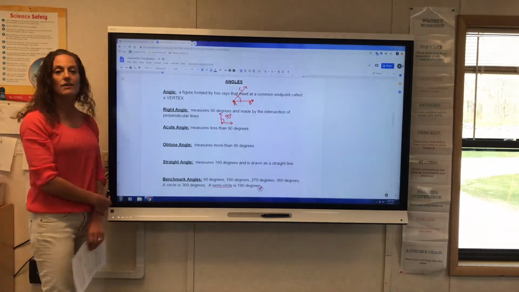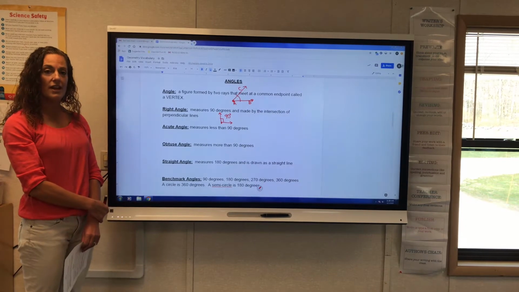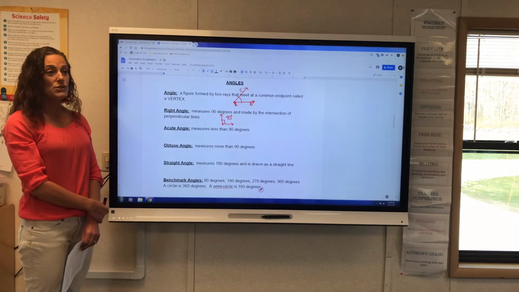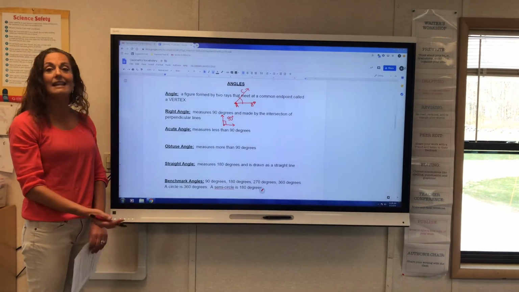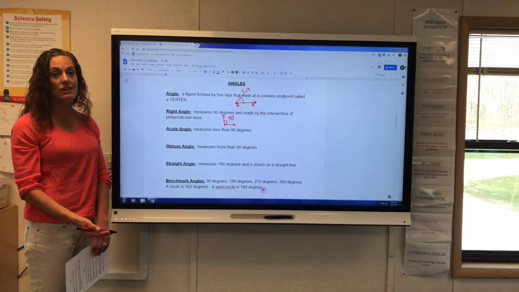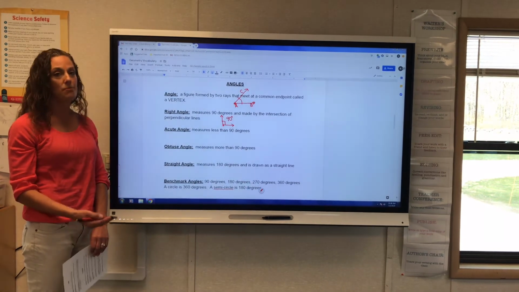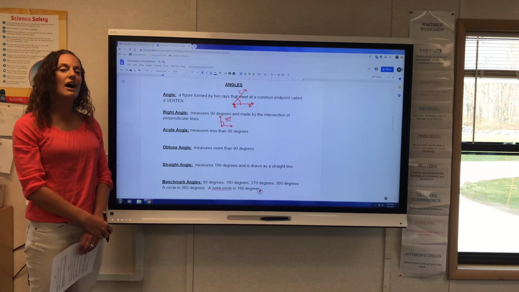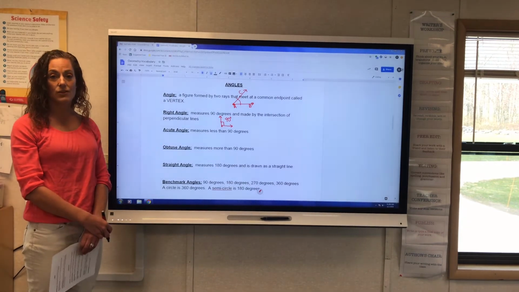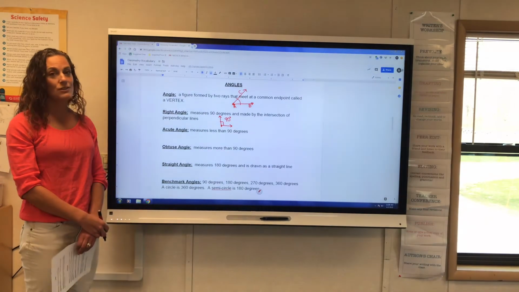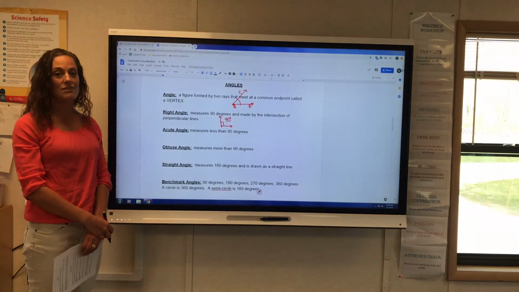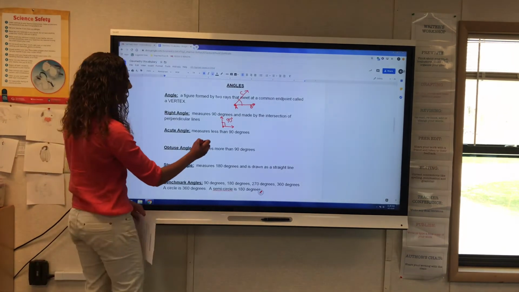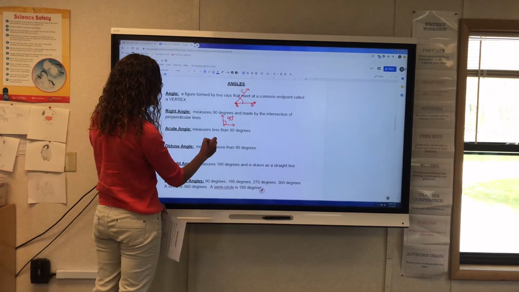The next kind of angle we're going to talk about is an acute angle. An acute angle is any angle that is less than 90 degrees. So this could mean that the angle is 89 degrees. If it's 89 degrees, it's still less than 90, which makes it acute. Usually you can tell with your eyes that an angle is acute. If it's 89 degrees, you probably can't tell and you need to use a protractor to see. But if it looks something like this,